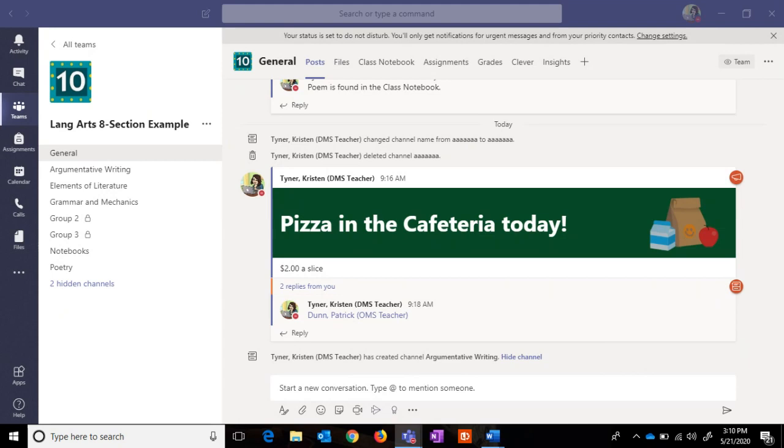Research projects, essays, presentations, performance assessments. It is a wonderful way to ensure that each student receives coaching from you throughout the course of the project and not just at the end. You can set up specific deadlines for students to submit drafts, or you can allow students to submit for review